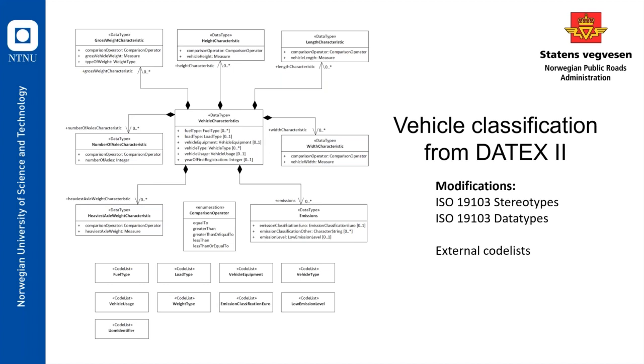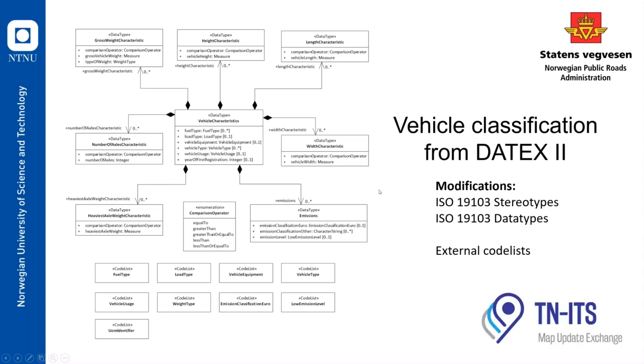And the third thing we included from external models was the traffic sign classification from ISO 14823, which has a dictionary of traffic signs, a standardized way of describing traffic signs. So if we look back at the generic feature model, we had this road feature that can be of some type and can have some properties that can be of some type. That's the generic way of presenting it, but